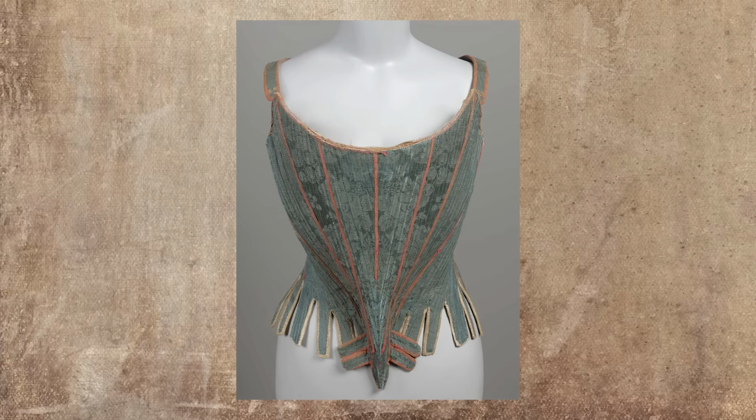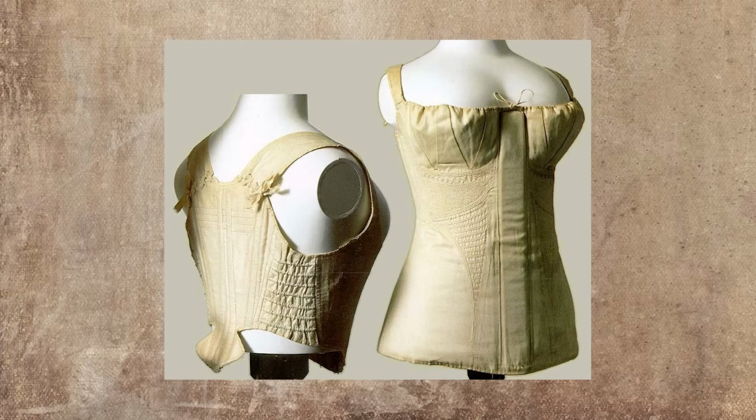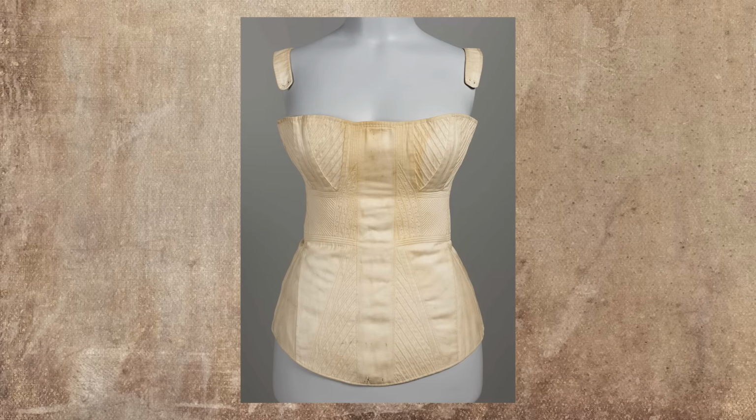And one of the things that was interesting is that the undergarments completely changed as well, right? You go from these highly structured boned stays to stays that are very minimally boned. They function basically like a push-up bra would today, and that's basically all they did. They weren't there to pull in the waist. They weren't there to really shape your upper torso. They were just there to support the breasts, and that was it. And the undergarments themselves became very minimal.